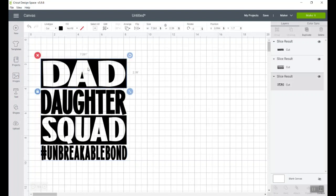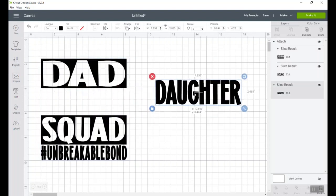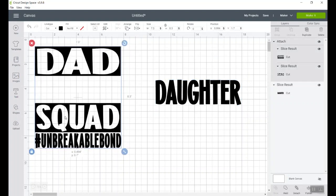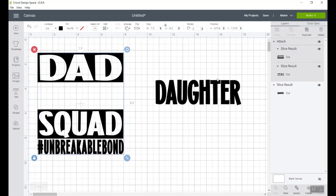So I'm going to select the dad and this one, not the daughter. And if you look on my right hand side, you can see that what got highlighted is only the squad and dad, which is exactly what I want. And I'm going to say attach. So now, as I move this out of the way, right, this is becoming its own flat file. And it's not permanent, right, because I did not weld. If I was to weld it, then it would make it permanent, but I don't need to do that at all. And if I click on make,